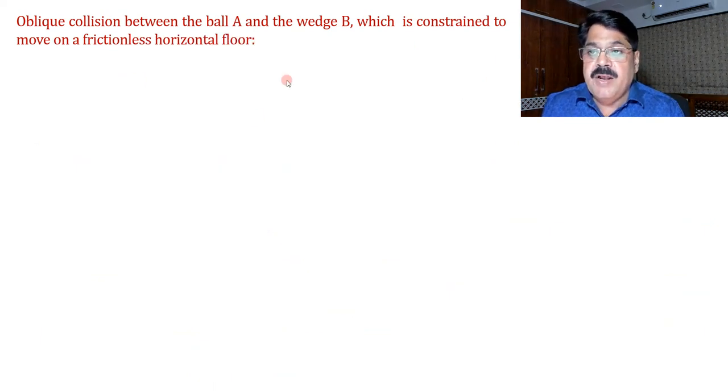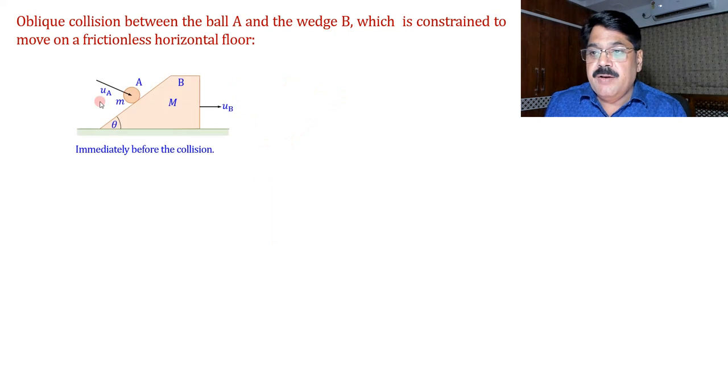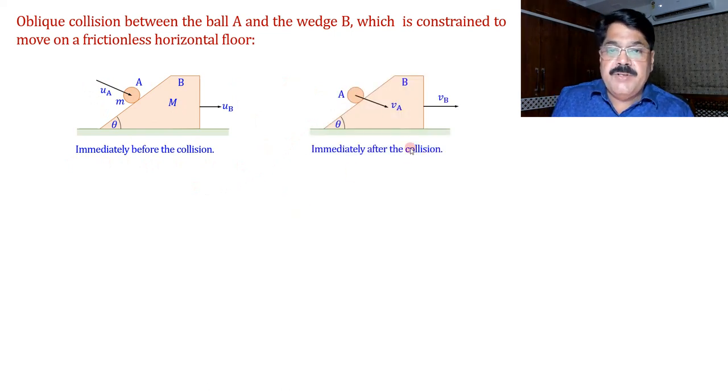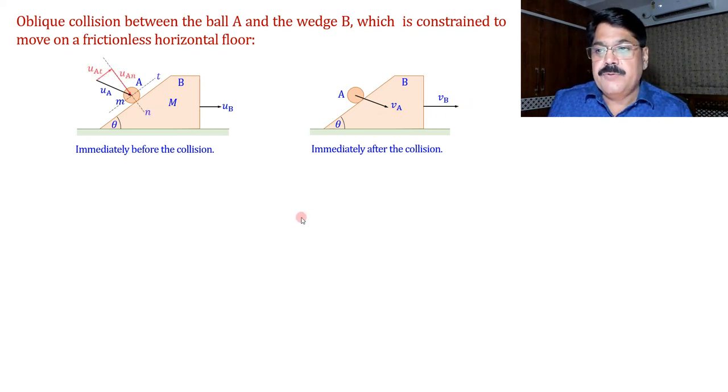That is, we are again describing the situation. Here, immediately before collision, the velocity of the ball was UA and the velocity of the wedge was UB. And immediately after collision, we assume the velocity of the ball to be in this direction, V. You can see the direction is slightly different, and the velocity of the wedge will become VB. So here resolve the T and N components. Actually, there is no need to write